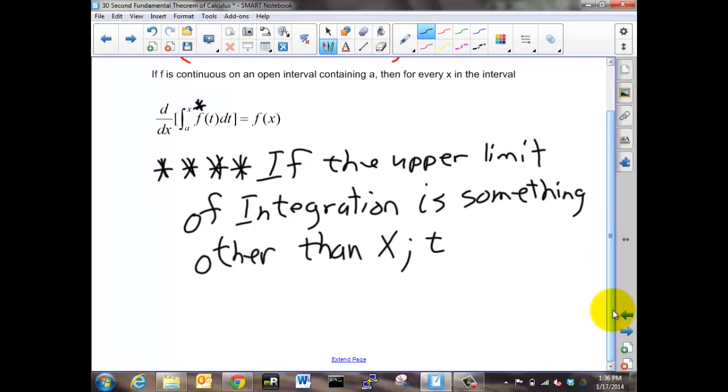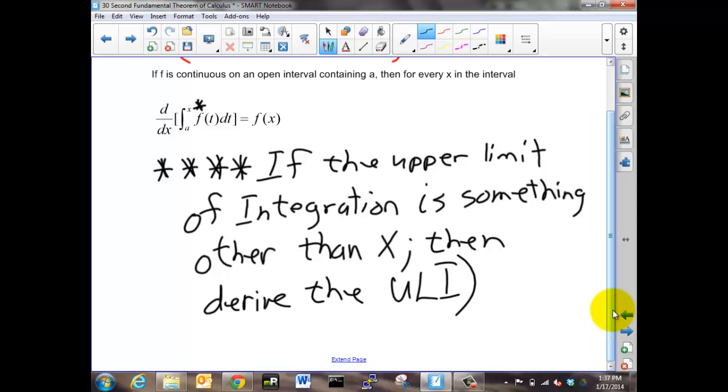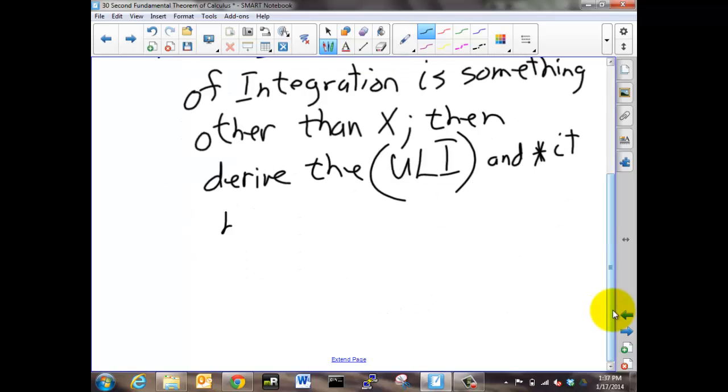Other than x, then you are doing chain rule. Yes, we're just doing it instead. Derive the upper limit of integration. ULI, okay? I'm going to write it up here so you'll know, because I'm too lazy to write out those 3 words. They're too long. Derive the upper limit of integration and multiply it by the function